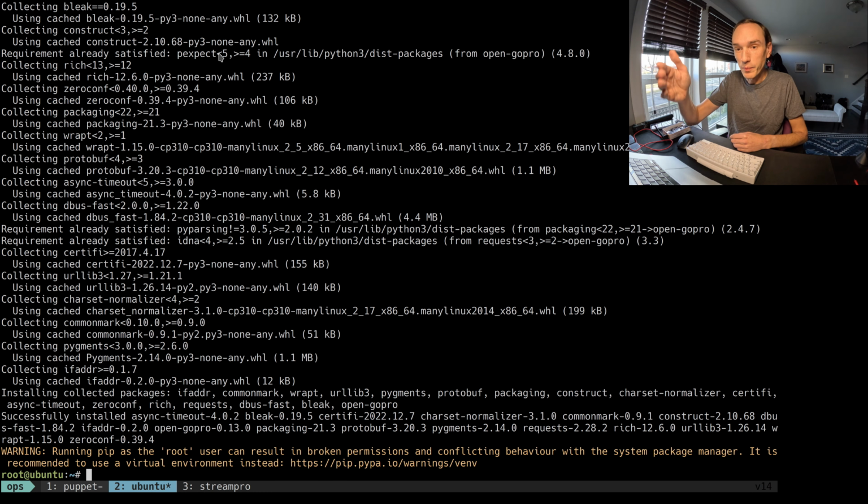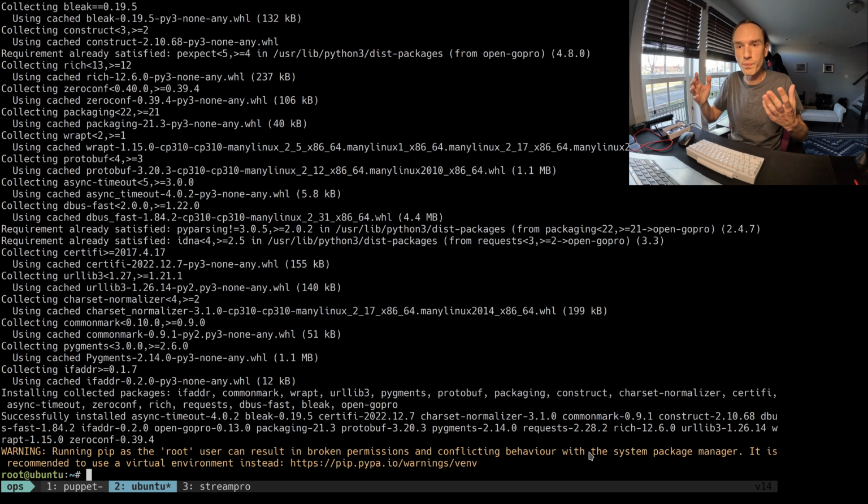We see indeed that pip installed the package and all of the dependencies that we need, but we also see a warning that was hidden in our Puppet run output. The warning tells us that running pip as the root user can result in broken permissions and conflicting behavior with the system package manager. And this makes sense.